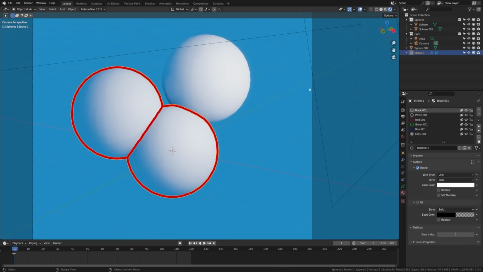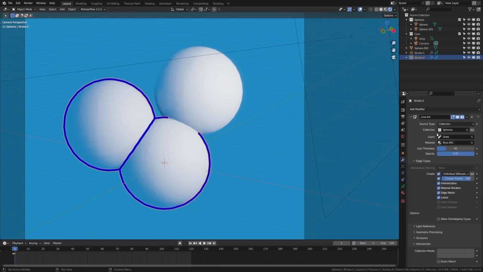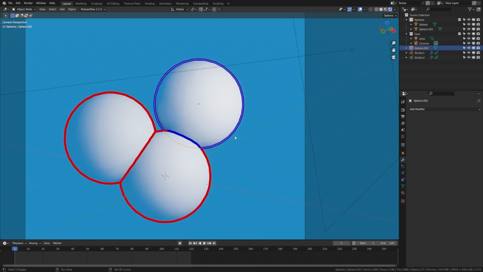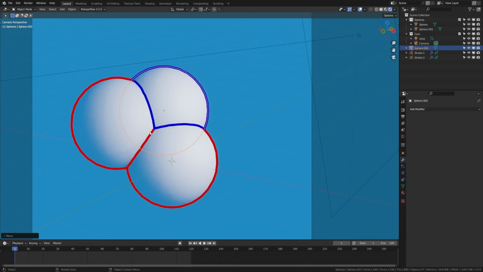Now what we're going to do is duplicate this stroke here, and we'll call this stroke 2. Then we'll come up to the modifier and change this to blue so that we can see that a bit better. We don't want that to be in the collection, so we're going to change this to object, and then change this to our sphere that is sitting outside of the collection, which is sphere 02. And now if I move this here, you can see how that is taking priority